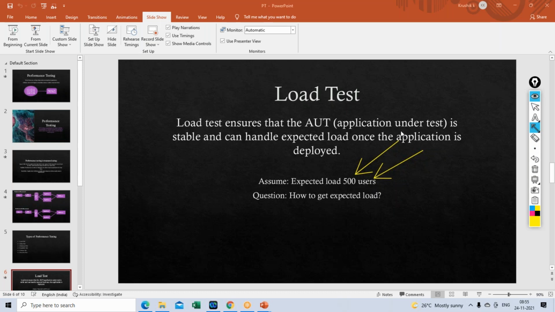How will they get it? By looking at the historical data. They can use some SQL queries or analytical tools like Splunk, and they will get this number for us. That is the peak load. There are other ways when the application is not in production, which I will explain in the upcoming session. When we don't have the application in production, how do we get the historical data? We cannot, right? So how can we get this number then? We'll discuss that in our upcoming sessions: when the application is not in production, how do they derive this number.